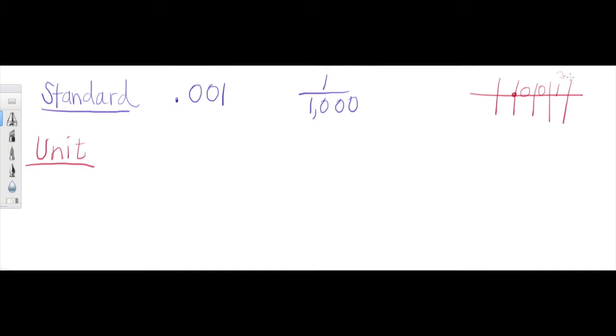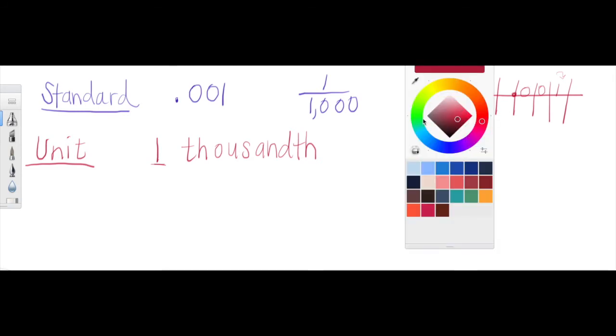But what is helpful is labeling 1,000. Unit form is just picking apart this number, place value by place value, and just labeling how many copies of that place value we have. This is a very simple number. We're going to start off with really nice basic numbers. So the unit form here isn't super complicated because we just have 1,000th. Okay, so we have standard form, we have unit form. Next, we're going to take a look at